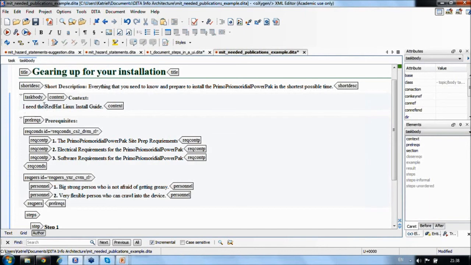But I don't want publishing scripts looking through all my content, trying to parse and making guesses. It could be very time-consuming. There's a lot of content, it could be very error-prone, and it could result in all kinds of funny and unexpected consequences in the output. So instead, what I want to do is say,